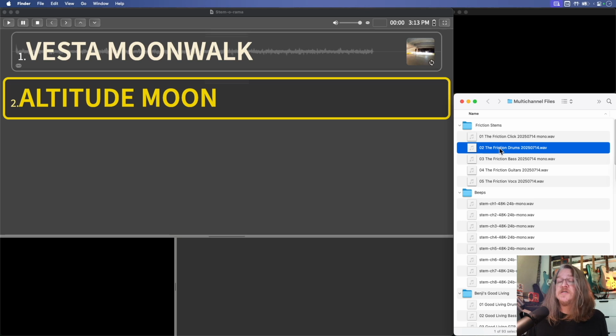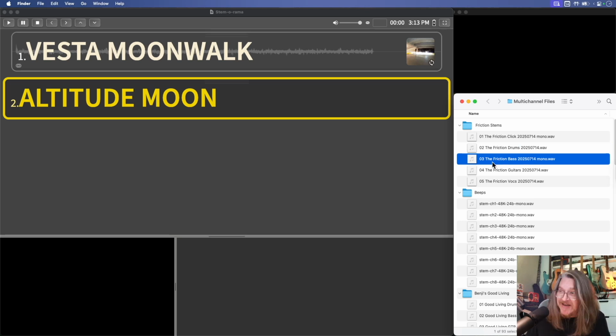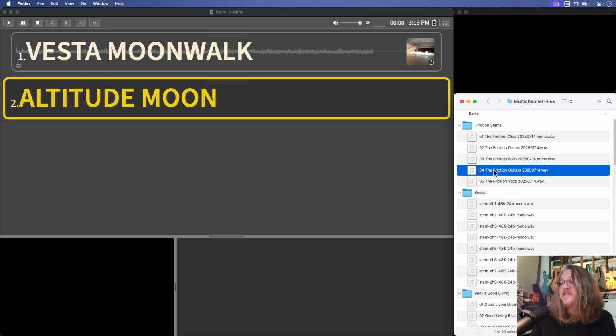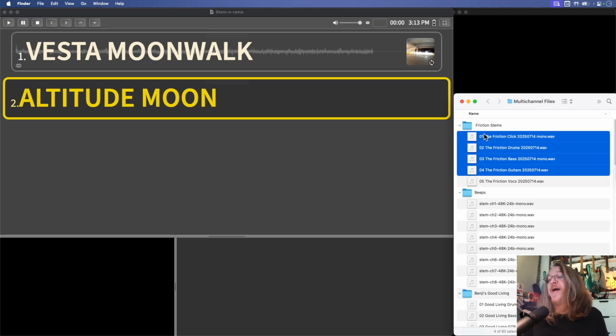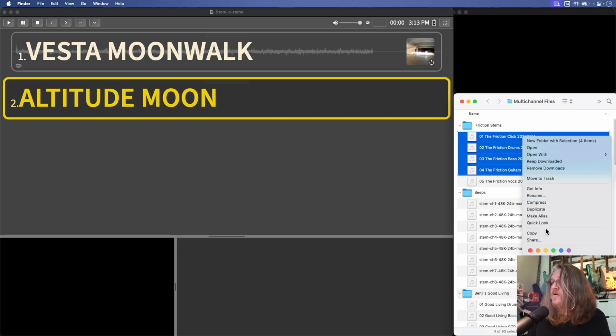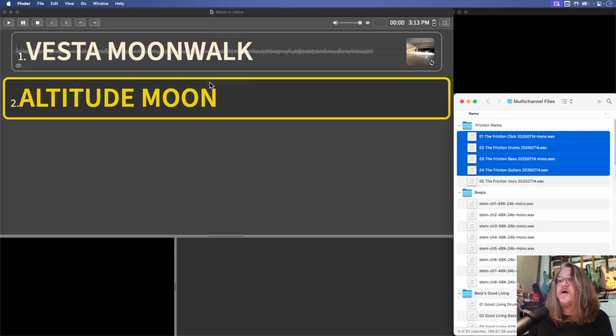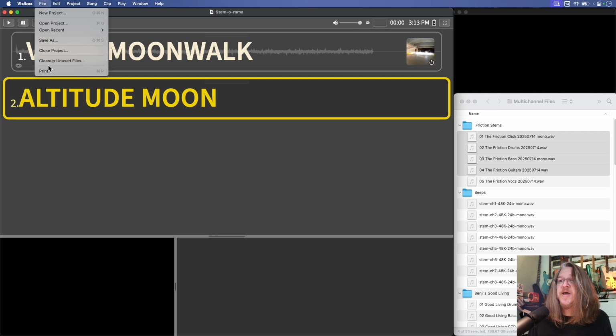We've got a stereo drum track. We've got a mono bass track. And then we've got stereo guitars. We also have vocals here, but we're going to just create the backing tracks. So basically, just by dragging these all in, I'll actually use a different method here. If I go here and say copy, and then head over into Visibox and say paste,